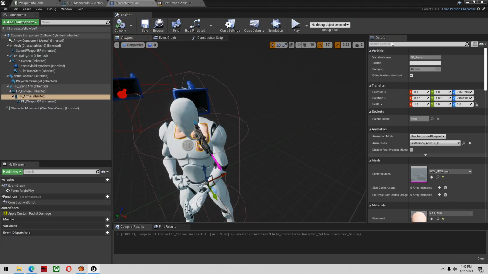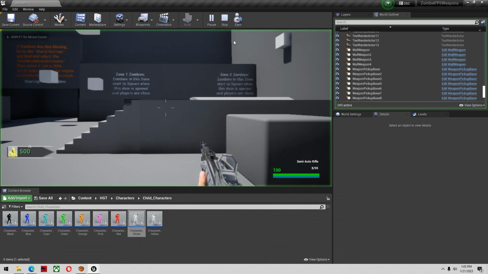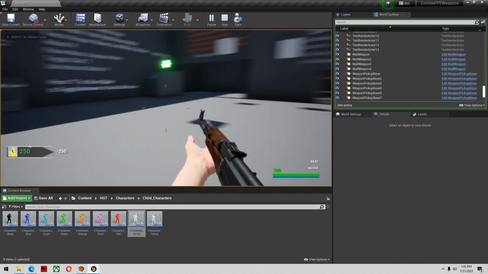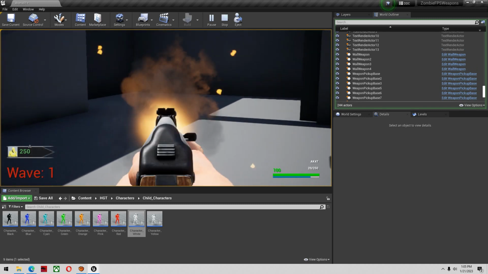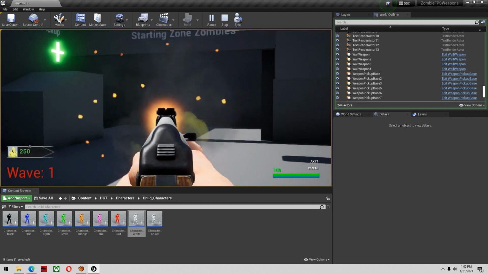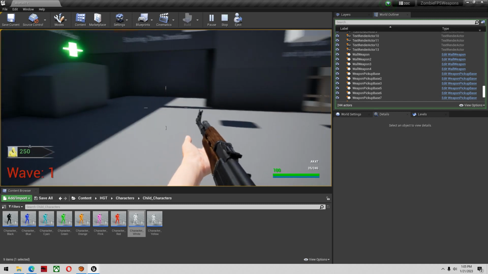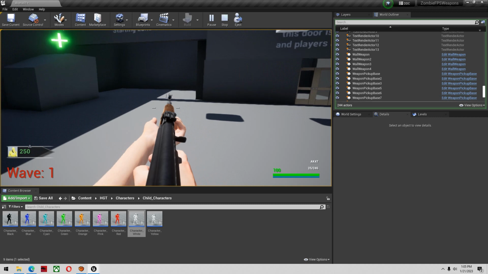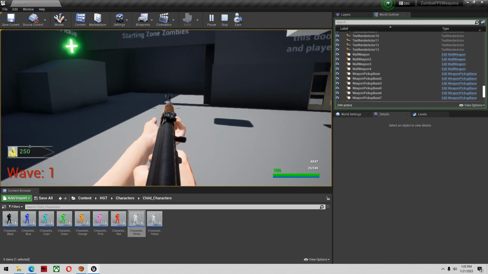And compile and save. Then I'm going to go back inside the game. Hopefully it looks okay. Grab the weapon off the wall and just like that, we've got some nice animations. But they're not completely done yet. It's holding the weapon fine. That looks a lot better. But you'll have to make some adjustments. You can see already that the weapon isn't exactly perfect. So the first thing you want to do to fix this,